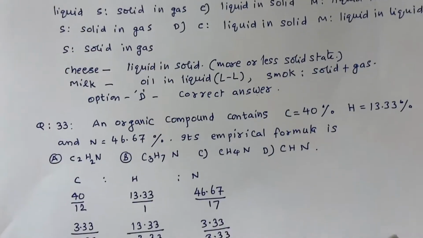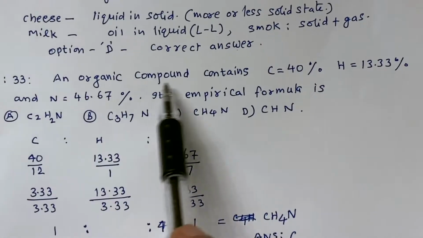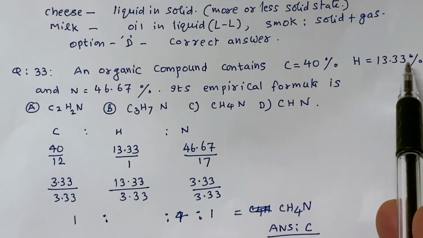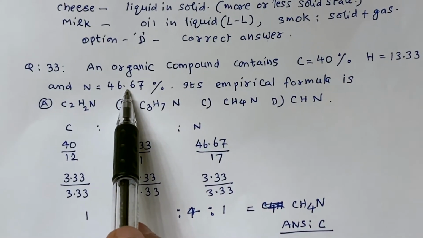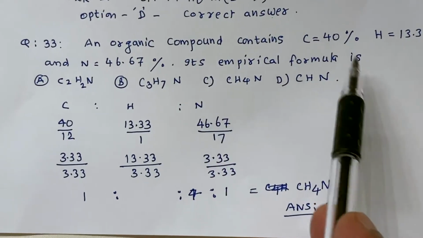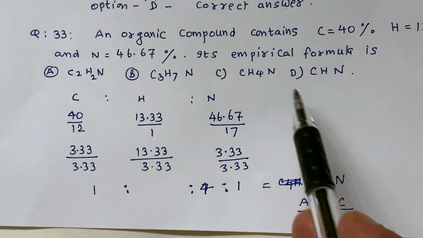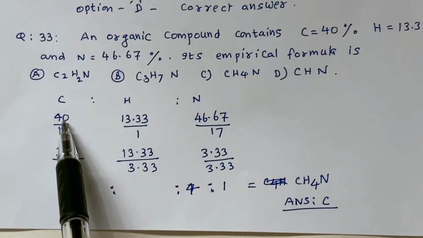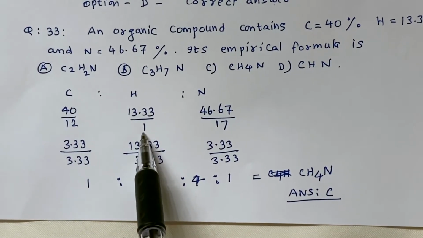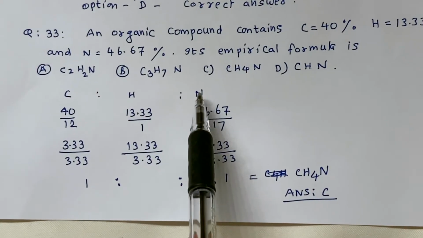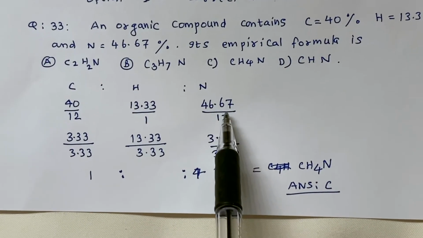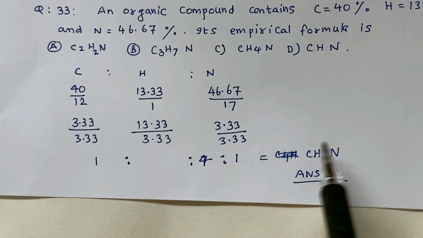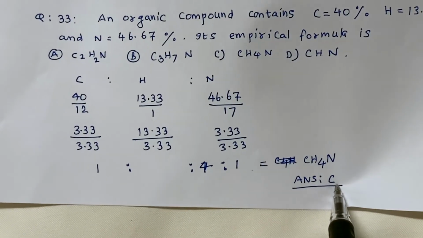So next question number 33. An organic compound contains carbon 40%, hydrogen 13.3% and nitrogen 46%. Its empirical formula is, he has given. This is normally what we are doing from 10th class onwards. This is also one of the easiest questions. So 40 by 12, 13 by 1 and nitrogen percentage is given 46, by 14. 0.67. So I have worked out, it is self-explanatory. This is the easiest question. So answer is coming as C.